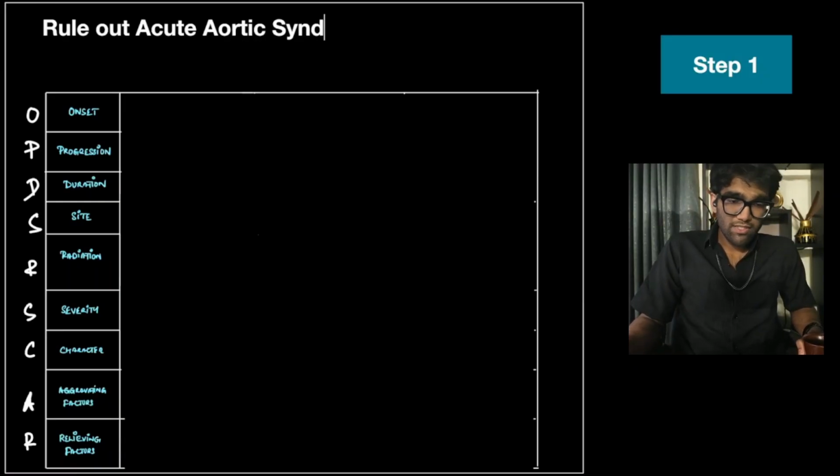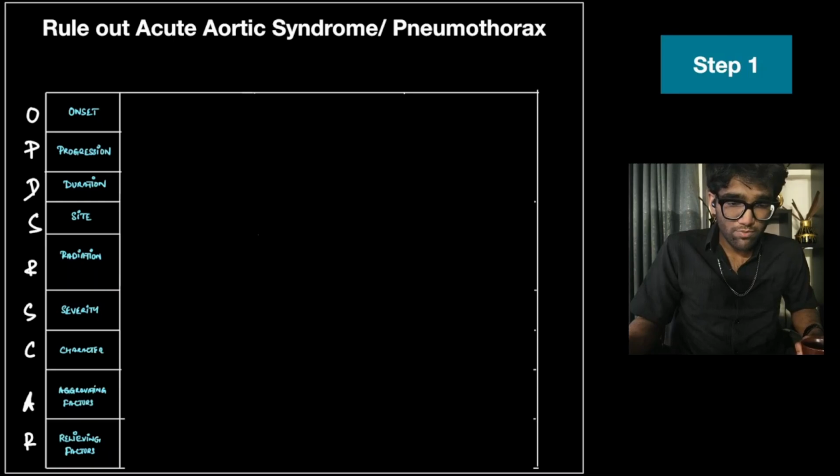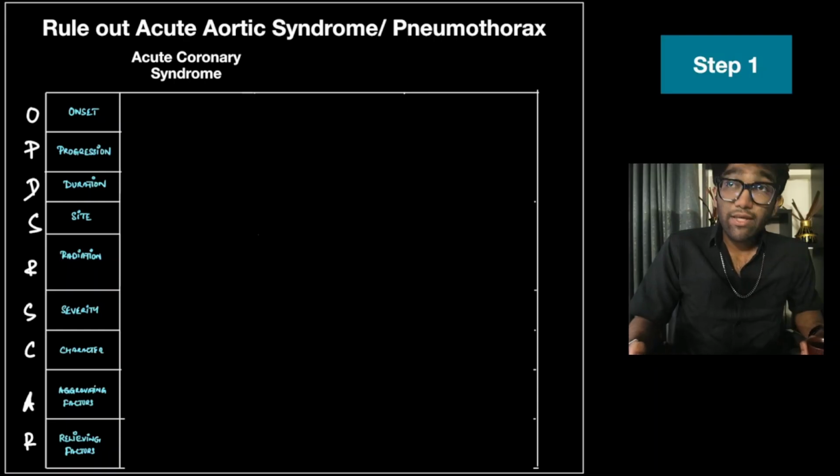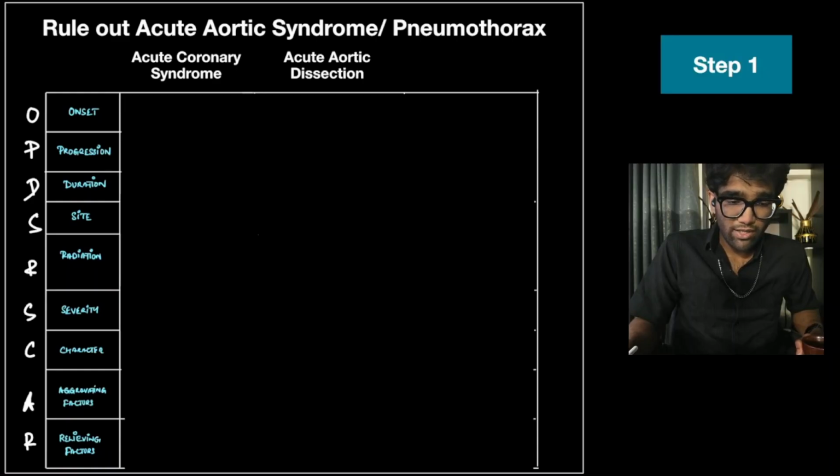So the first step was to rule out acute aortic syndromes or pneumothorax. For that, historically, what do we look for? I'll compare it to the prototype of chest pain, that is acute coronary syndrome, and I'll be comparing it to an acute aortic dissection and a pneumothorax. So starting with